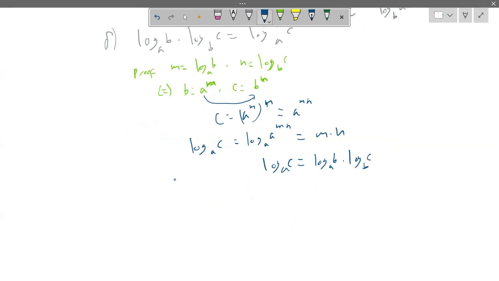A corollary from this is what happens if you rearrange the equation. From here, we get another useful formula, which is log b base a is equal to